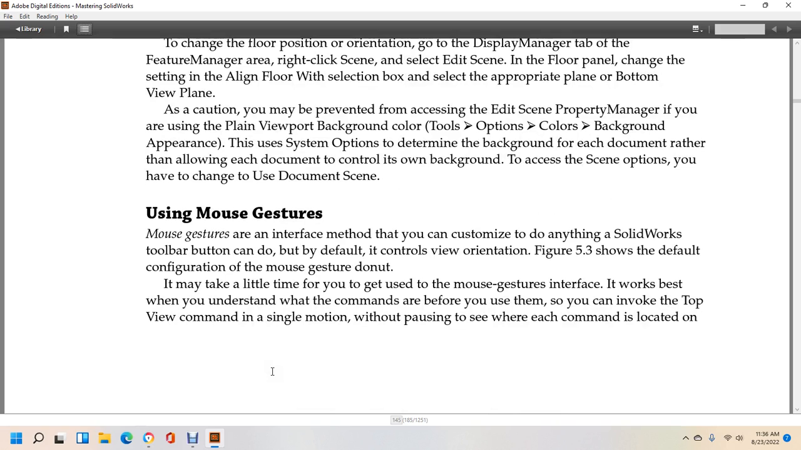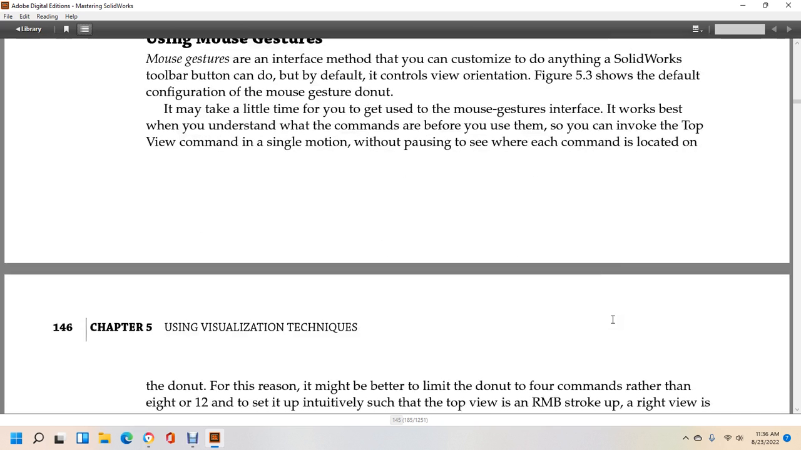Using mouse gestures. Mouse gestures are an interface method that you customize to do anything in the SolidWorks toolbar, which you can do with the default control view orientation. Figure 5.3 shows the default configuration of the mouse gesture donut. It may take a little time for you to get used to the mouse gestures interface. It works best when you understand what the commands are before you use them, so you can invoke them